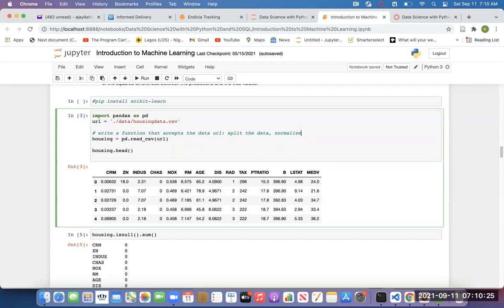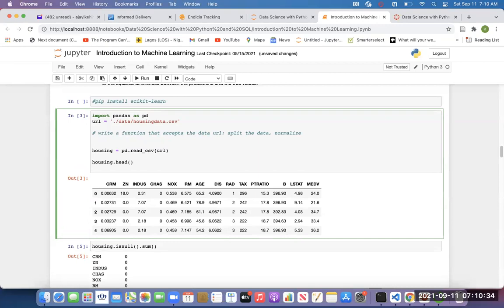Okay, and that's what we're going to be doing in the other IDE, like Visual Studio Code, because you are going to install Visual Studio Code before next slide. So that's the thing we want to do. So first, we define a function. Let's call it data processing. Let's just call it that.